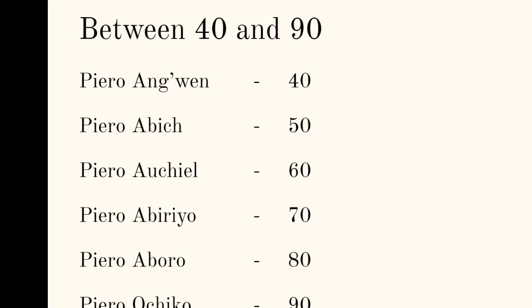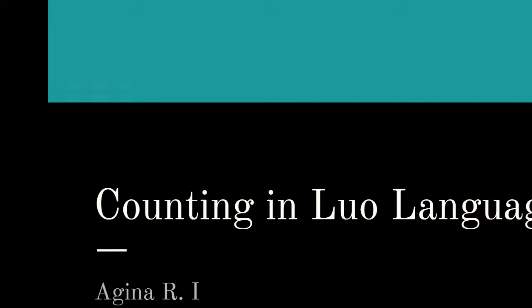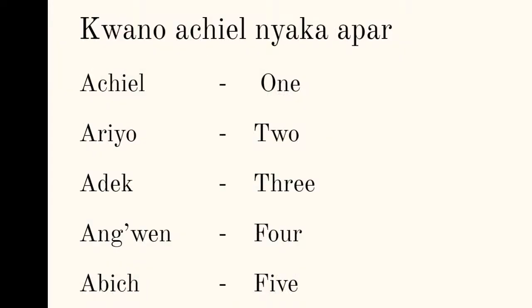So looking at 1 through to 10 again, if I say achiel, this was not included, but we have Piero adek, Piero ang'wen, Piero abich, Piero auchiel, Piero aboro,